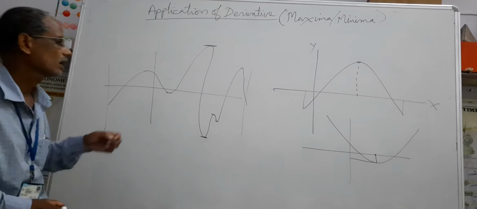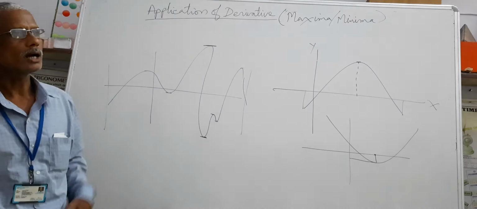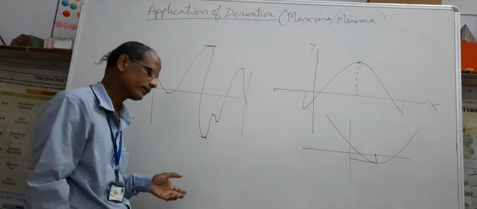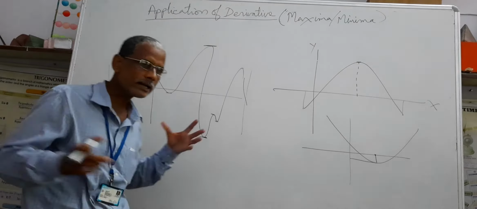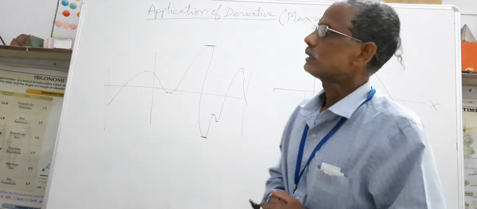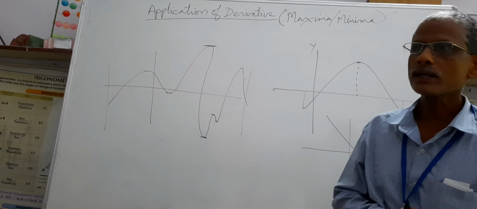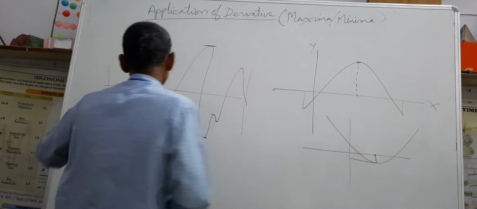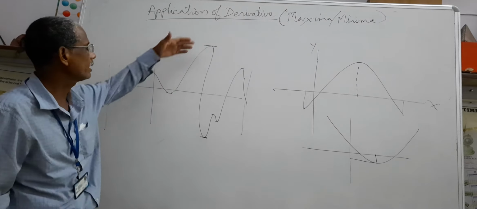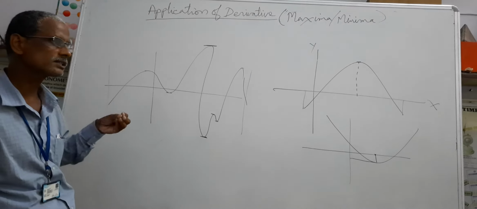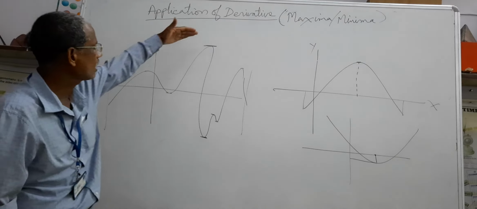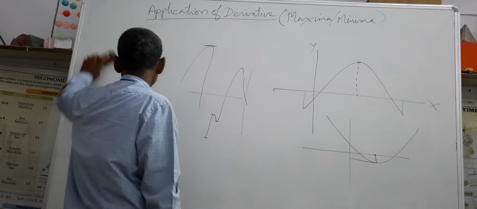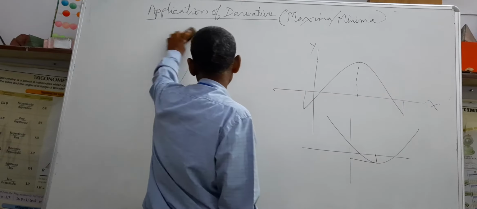Today we will study about maxima and minima and how to determine point of maxima, point of minima, maximum value, minimum value and so on. Remember that combined name of maxima and minima is extrema. Extreme, that is end, either left or right, top or bottom. Now, how to determine point of maxima or point of minima?